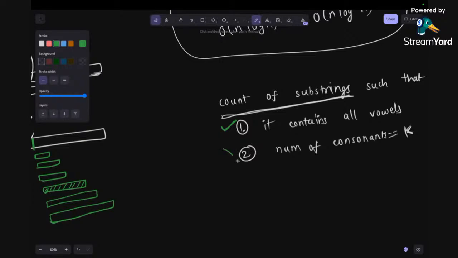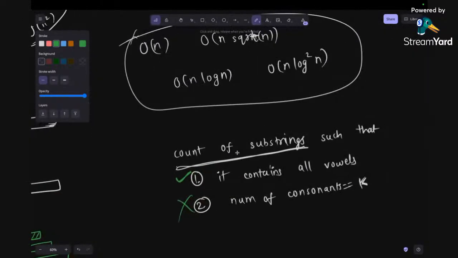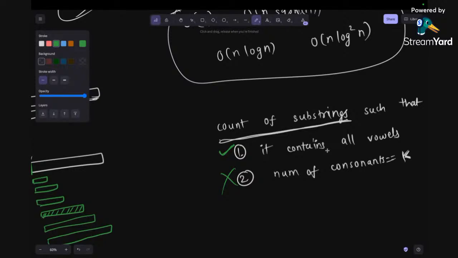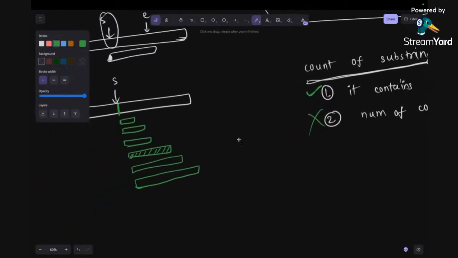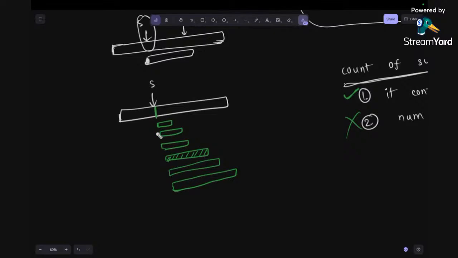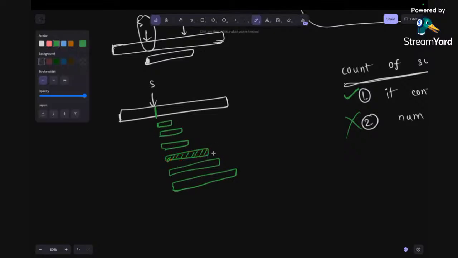Let's forget about the second condition and try to think of how you could find out the count of substrings where the substrings contain all the vowels. Let's say if this was the problem. So let's say if this contains all the vowels,